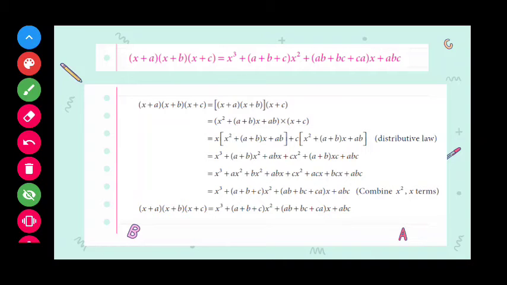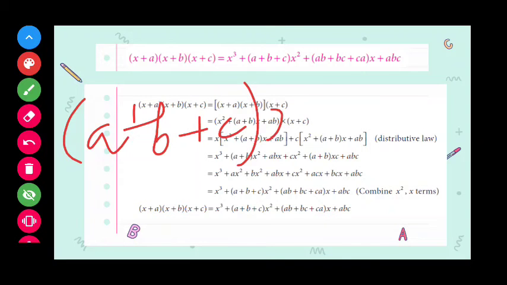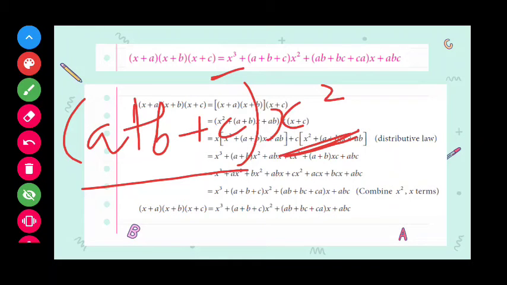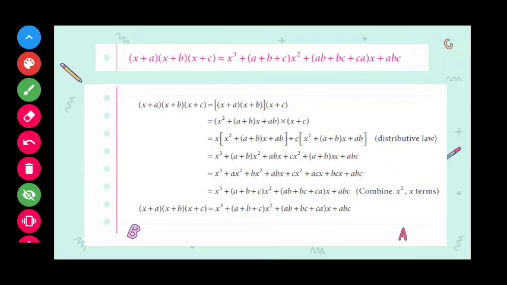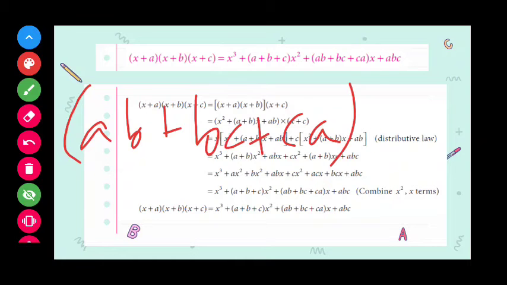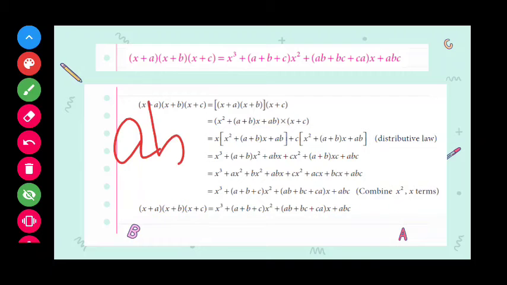So how to remember this? First thing is there will be nothing into x cube. Then the next term is a plus b plus c into x square. The previous one was x cube, now it is x square. So this is the second term. The third term is ab plus bc plus ca. Previous one was x square, now it should be just x. So ab plus bc plus ca into x is the third term, and the last term is just abc. The previous term had x, so now there is no x in here.